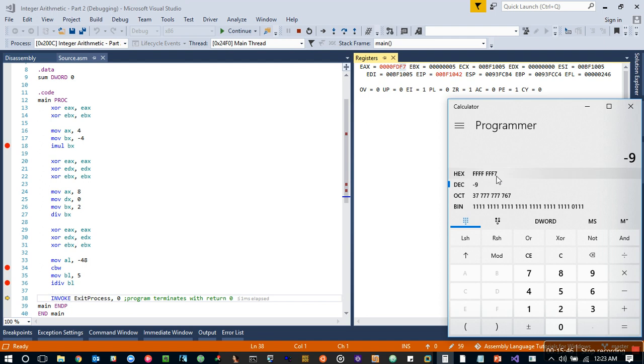F7, right? F7, that is our quotient. Is FD minus 3? Yes, FD. So as you can see over here, when we divided minus 48 by 5,